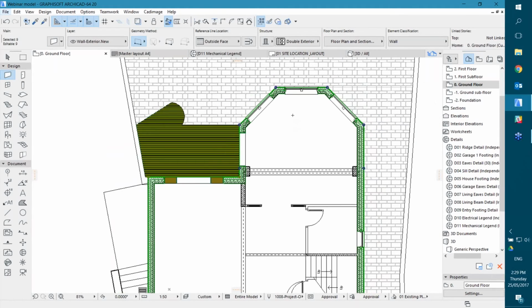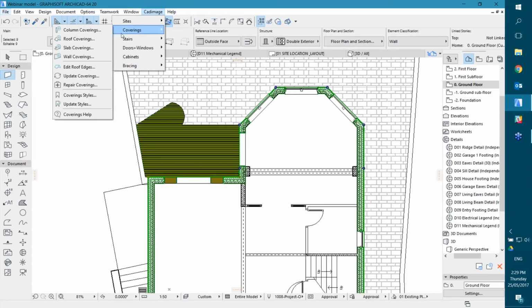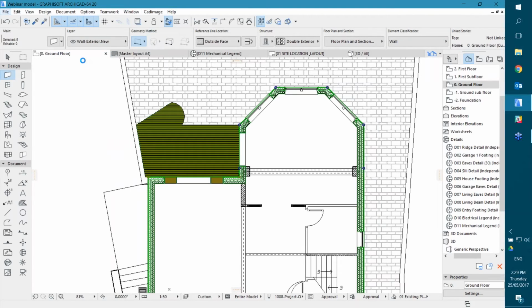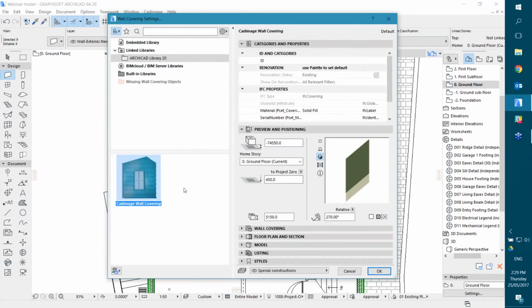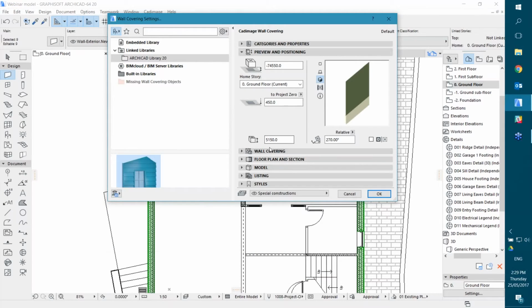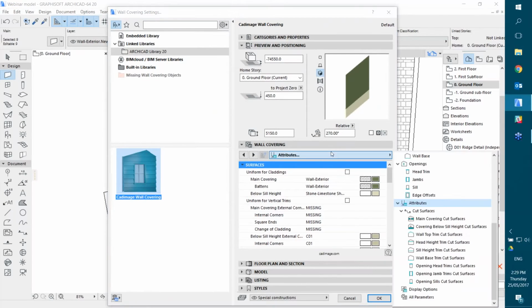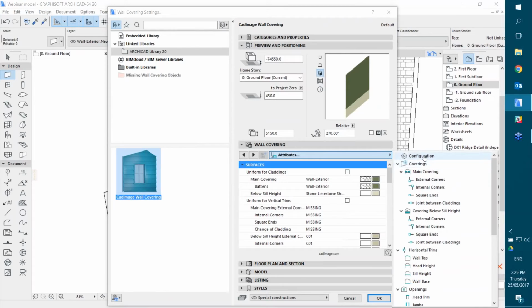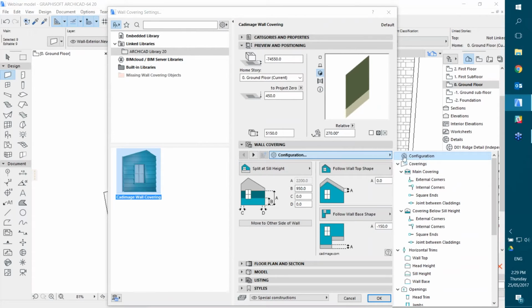Right, so we've got our walls selected there. And same as before, hit the Cadimage menu, coverings, and wall coverings this time. And we'll be thrown into our wall covering object. And we've got a big pile of settings again, so let's have a look through those and see what we can do. So the configuration setting